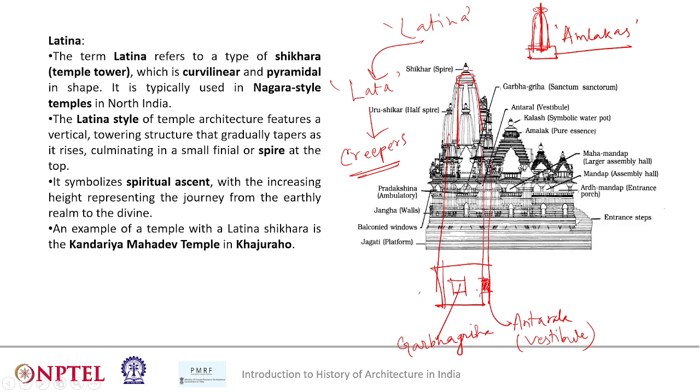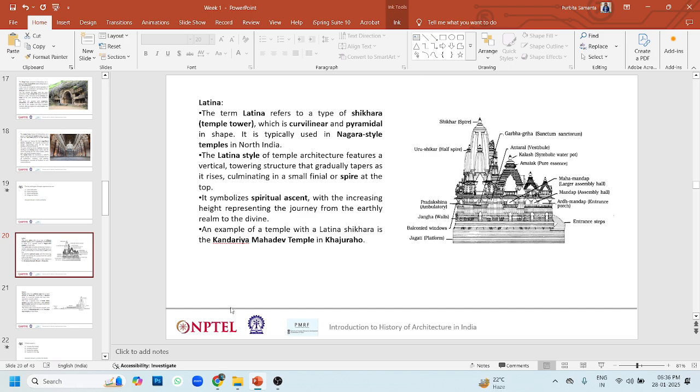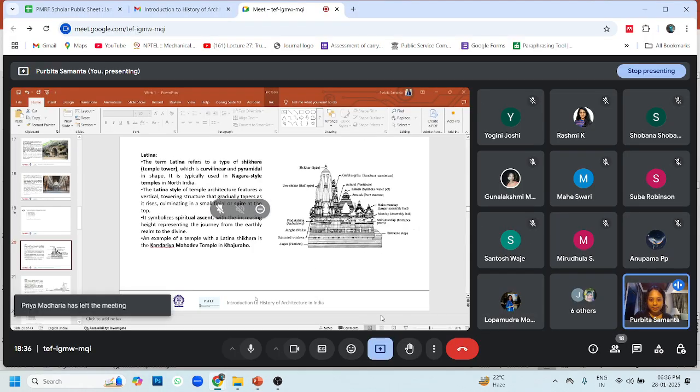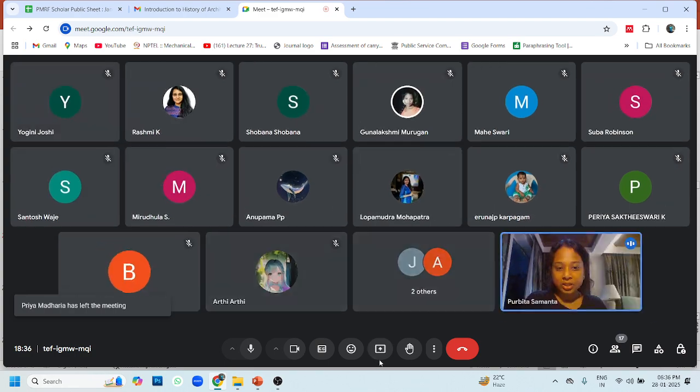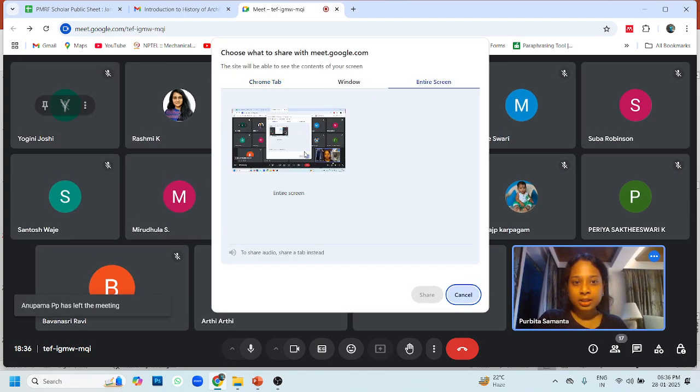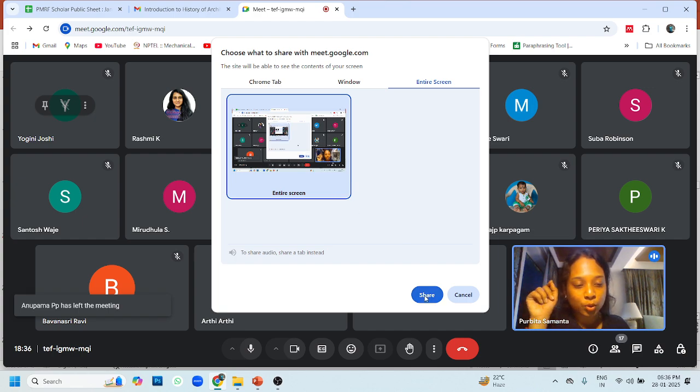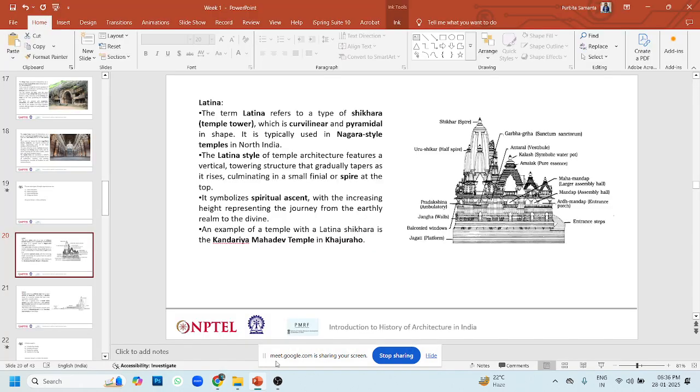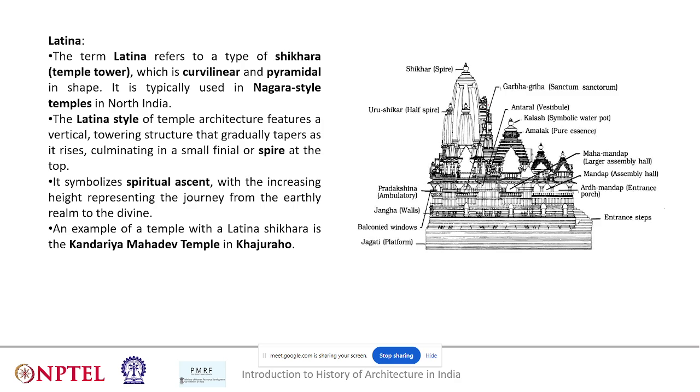Sorry to interrupt you, ma'am. Yes, yes. But if you're sharing your screen, we are not able to see that. Is it so? Yes, ma'am. That was what I was asking previously also. Just a second, I'll just stop presenting and I'll again reshare. Just tell me if you can see, because I'm drawing on it. I'm writing on it with a red pen. Yes, ma'am, we can now. Now you can see. Okay.